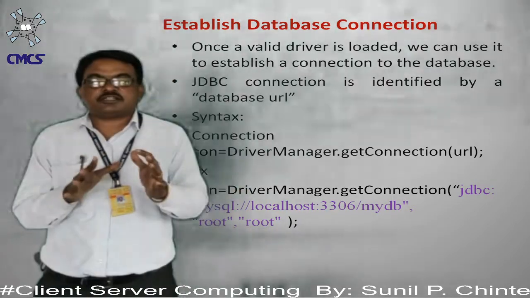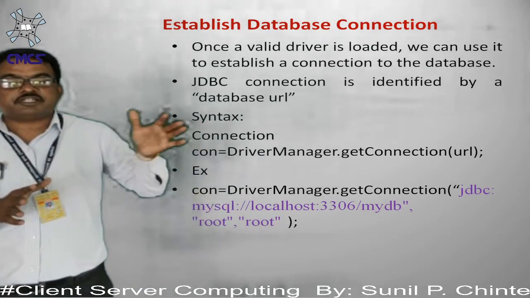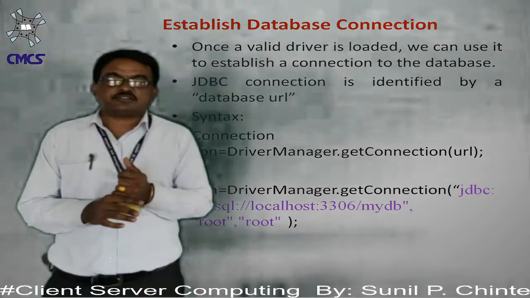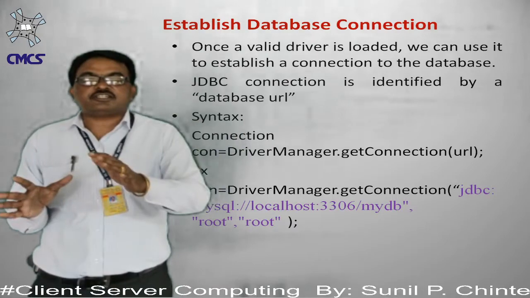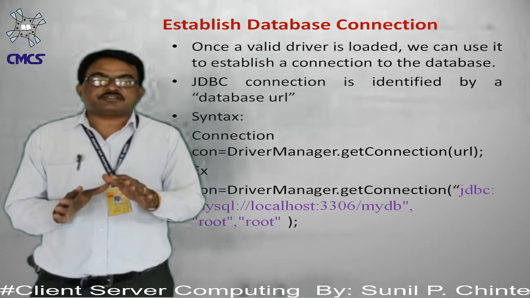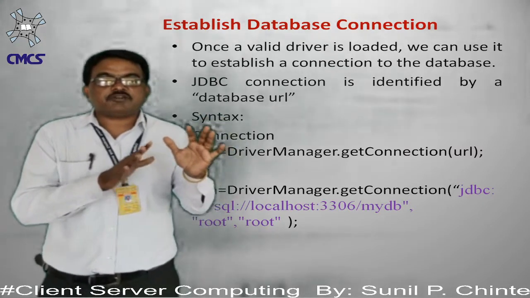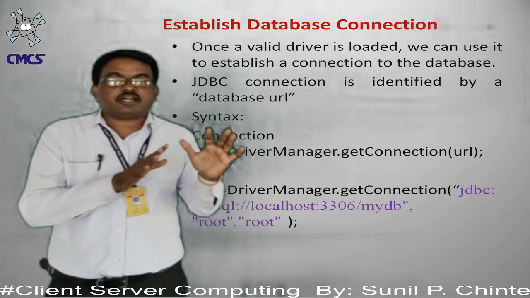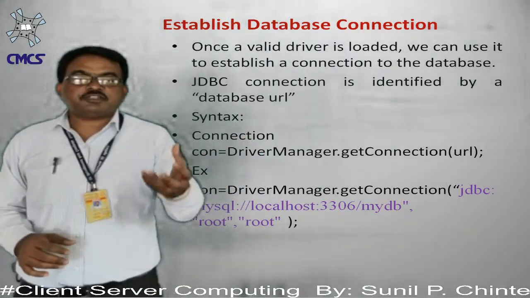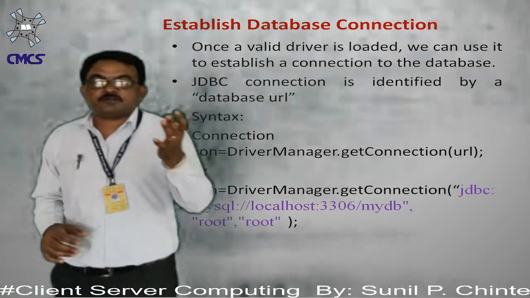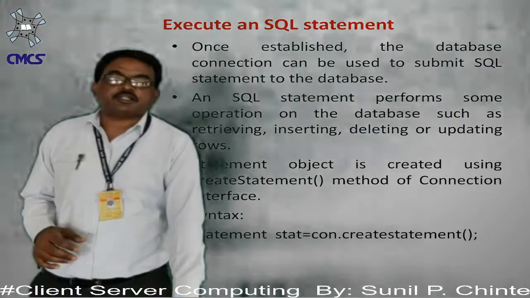The getConnection method is a method of the DriverManager class and it returns an object of the Connection interface. Means getConnection is used to instantiate the Connection interface. The getConnection method takes one argument, that is the URL, which is nothing but the exact address of your database. By using this getConnection method, the